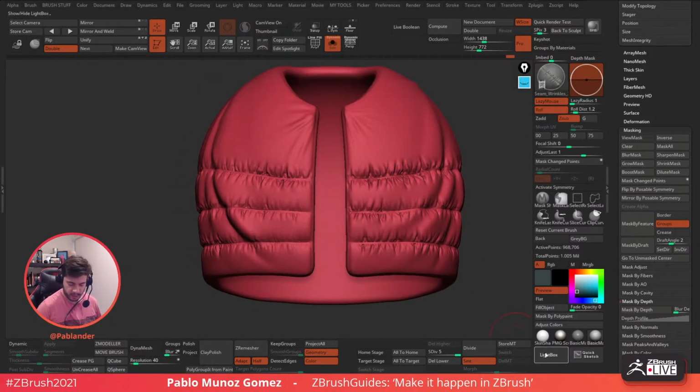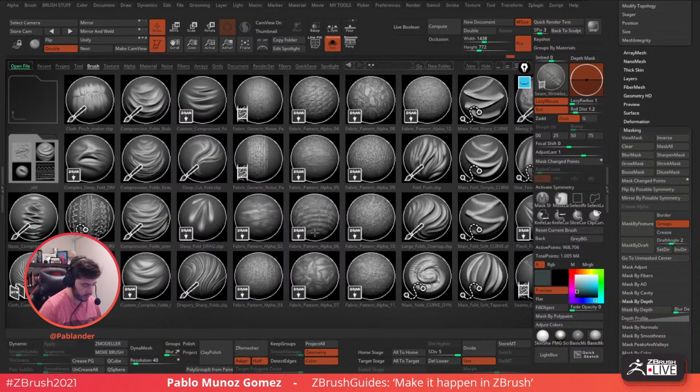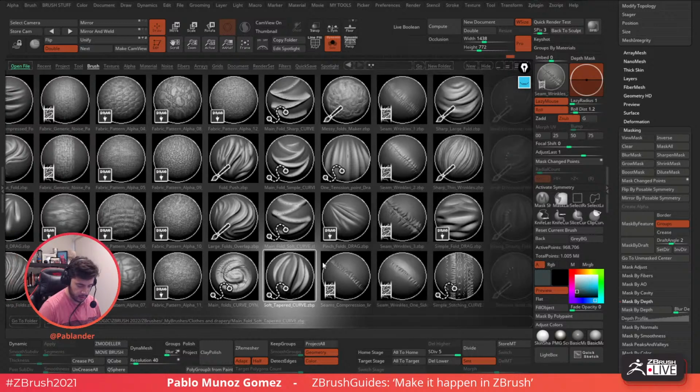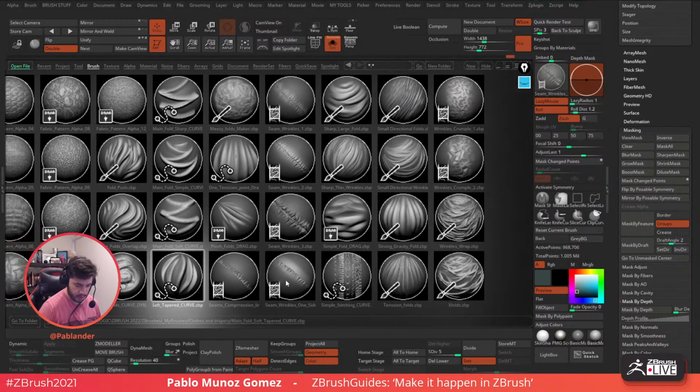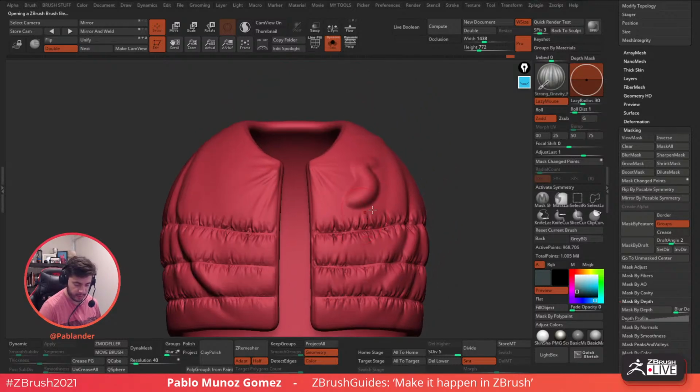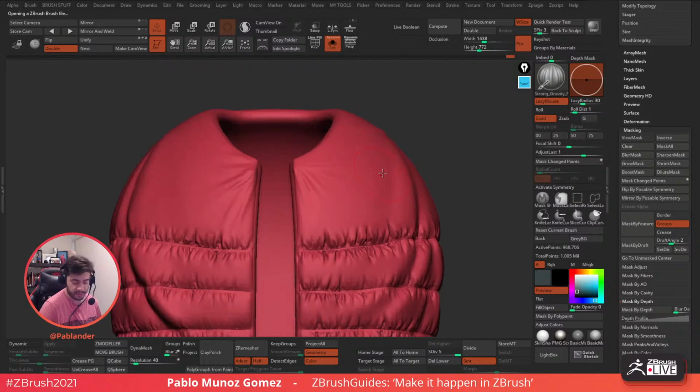All right, so let's use another brush. So I have the deep cut fold. This one is pretty useful, but not for what I want to do. Let's go ahead. So the strong gravity fold, this one might be useful for what I want to do. So the strong gravity fold is just a sculpting brush, right? Think about it as a really strong standard brush that is very smooth as well,